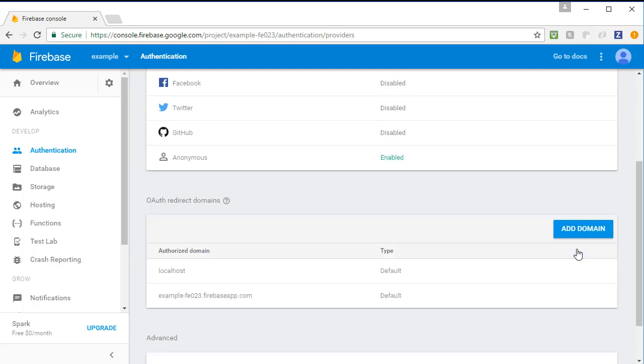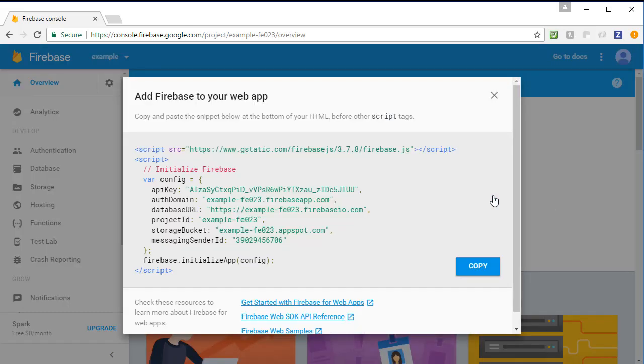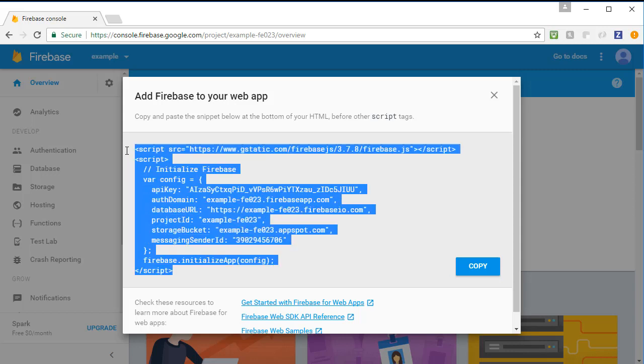The final thing we need to do is add some JavaScript to our application that will allow it to interface with Firebase. We do this by going to our project overview and selecting the type of application that we're creating. In our case, we're creating a web app, so we're going to click Add Firebase to your web app. That'll pop up a bit of JavaScript that we'll want to include in our web page. So we'll copy this JavaScript,